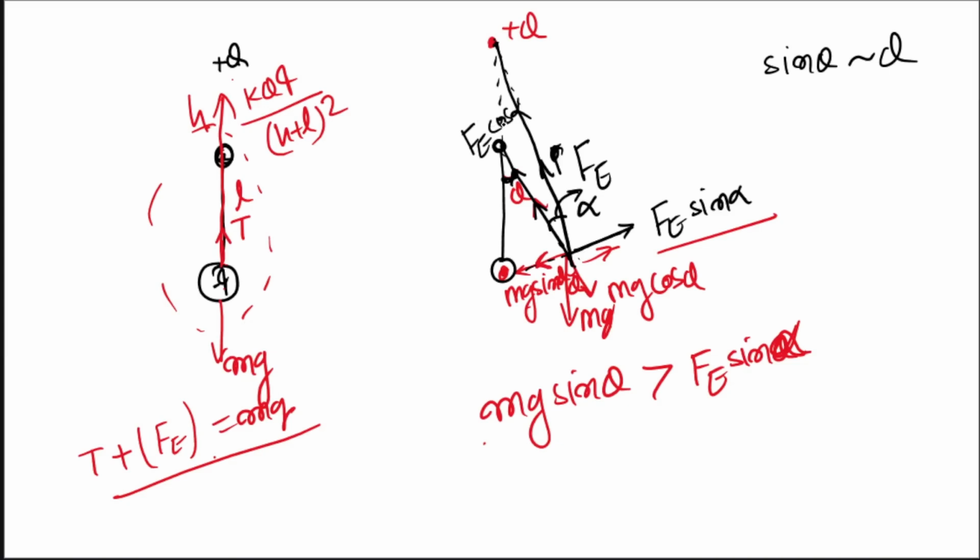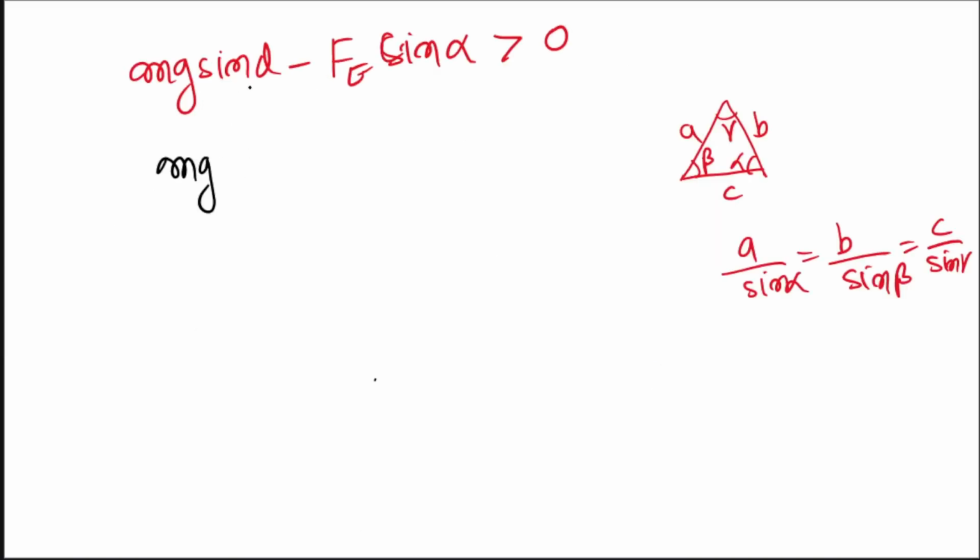Why? Because look, how much will this angle be? This is theta, this is 180 minus theta. So this angle is almost closer to 180 because theta is very small, right? So this angle is almost equal to 180. And if you talk about this triangle, then this angle and this angle, let's say this angle is beta. So beta and alpha have to be very, very small, right? So sin alpha you can write as alpha, sin beta you can write as beta, okay? So here what I will do is mg sin theta, I will write theta for it,